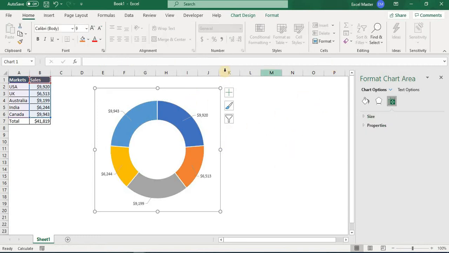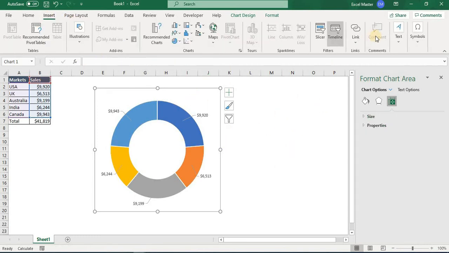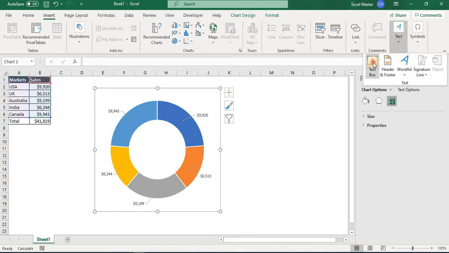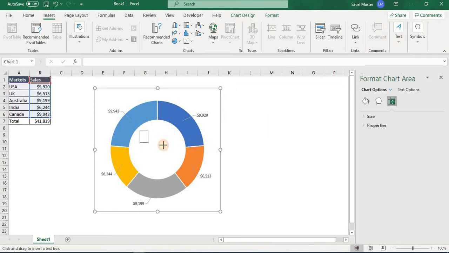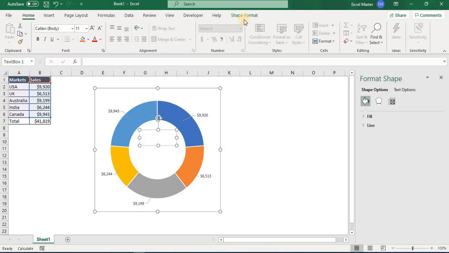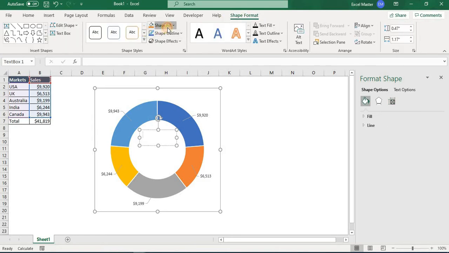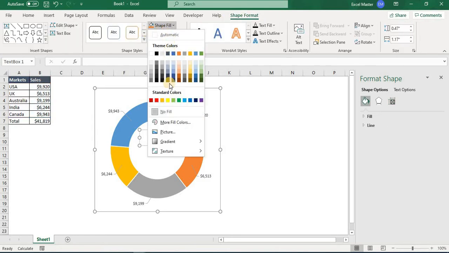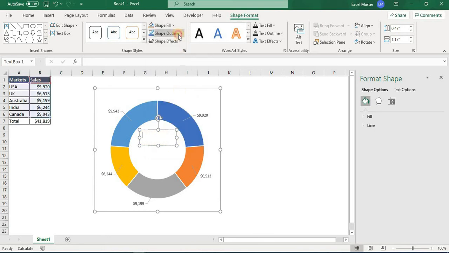Now we will insert a text box. In Shape Format, set Shape Fill as No Fill and Shape Outline as No Outline, and we will put the total figures here. We'll put the total, select this cell, and make it center.